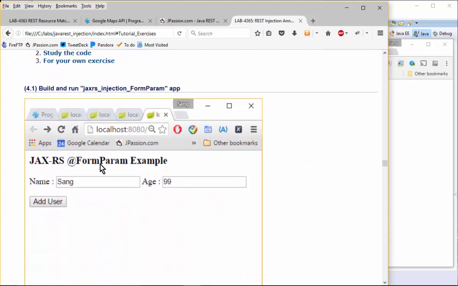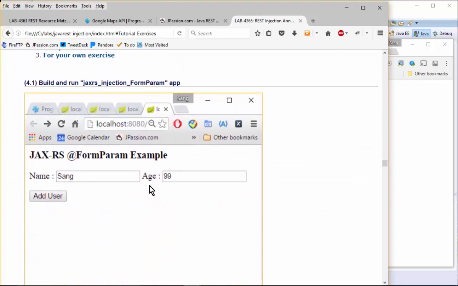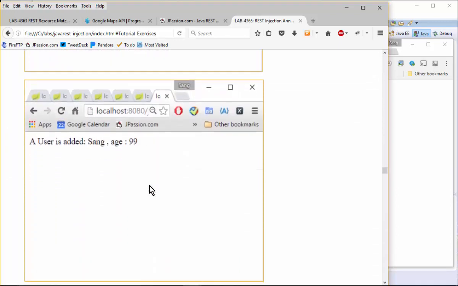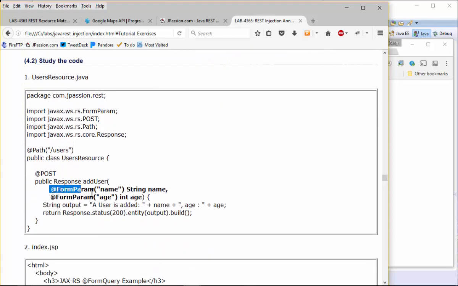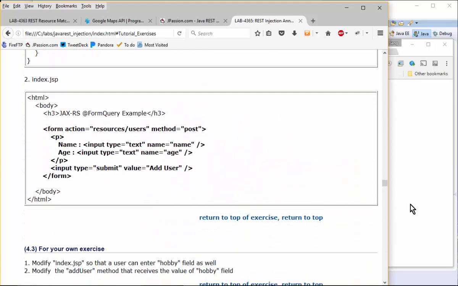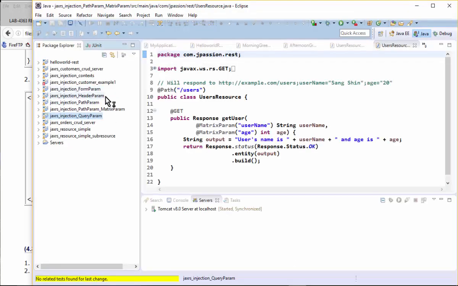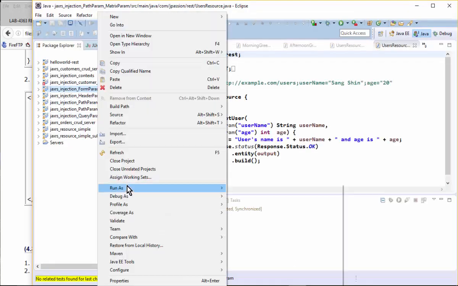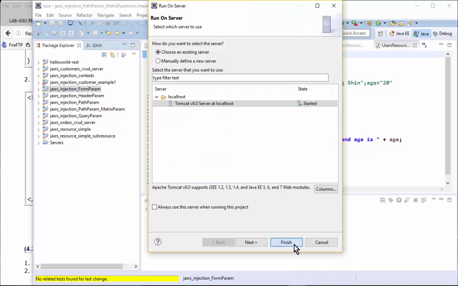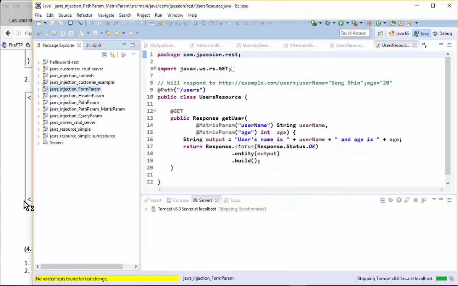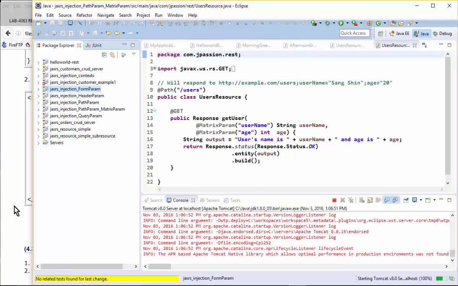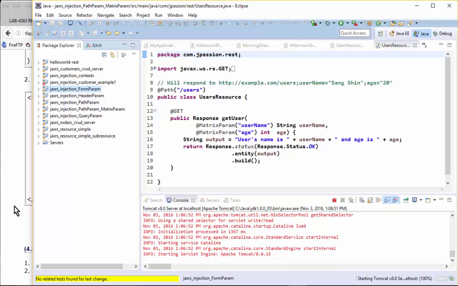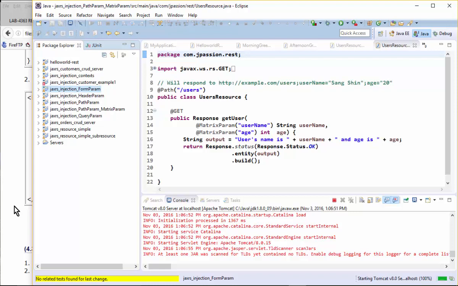Form param is, suppose we have an application that displays a form, name and age, and this will be captured as a form param, right? So this is capturing form param. So let's run the form param here. Form param, let's run the application, run on server, restart the server, and we are going to have a browser that displays a form, and then we should be able to send different data, and different data will